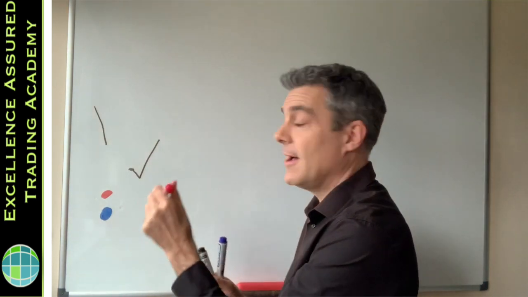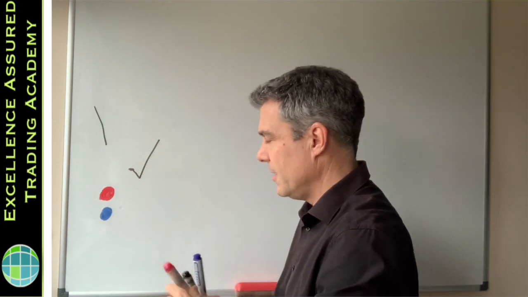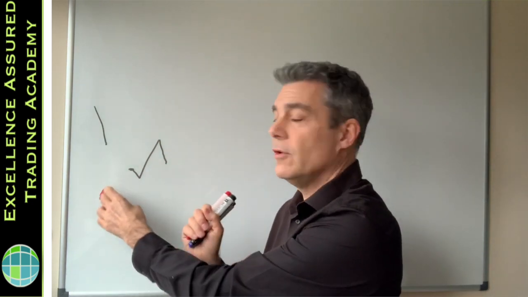It'll get to a stage where it gets to a level where there are more sellers on the sidelines than there are buyers, and the price will start to reflect that. It'll start to go down. Okay, so that's effectively how price moves. It moves according to the number of people who commit their money from the sidelines, either going long or going short, selling or buying.